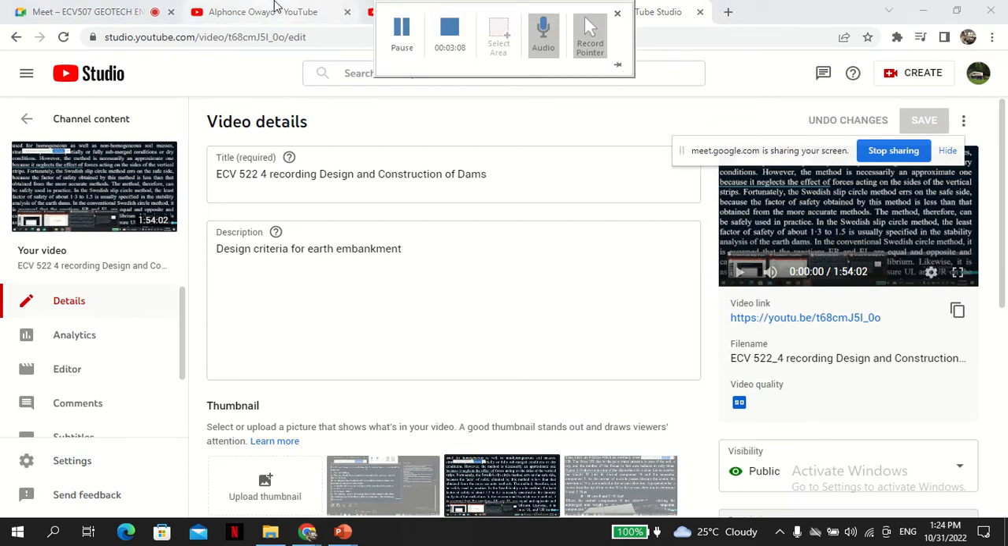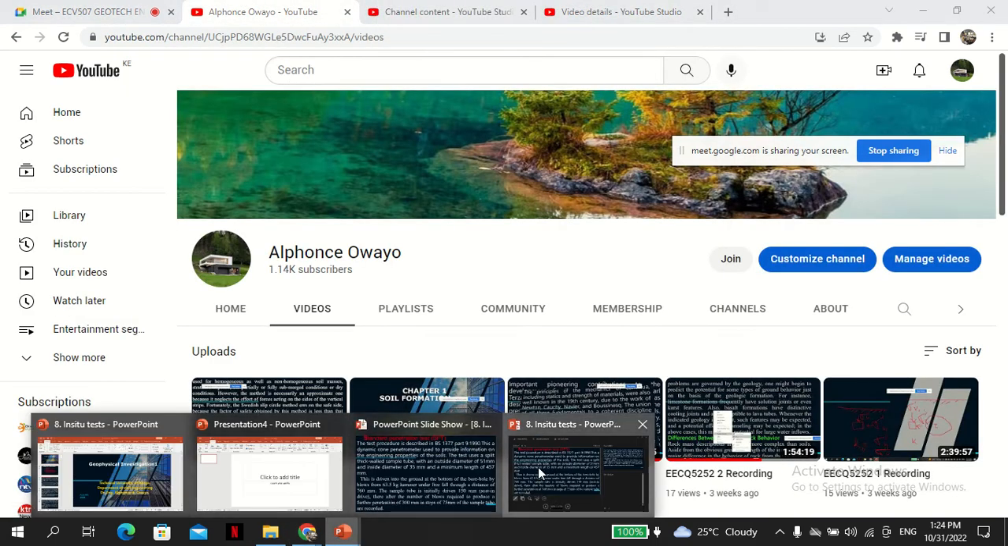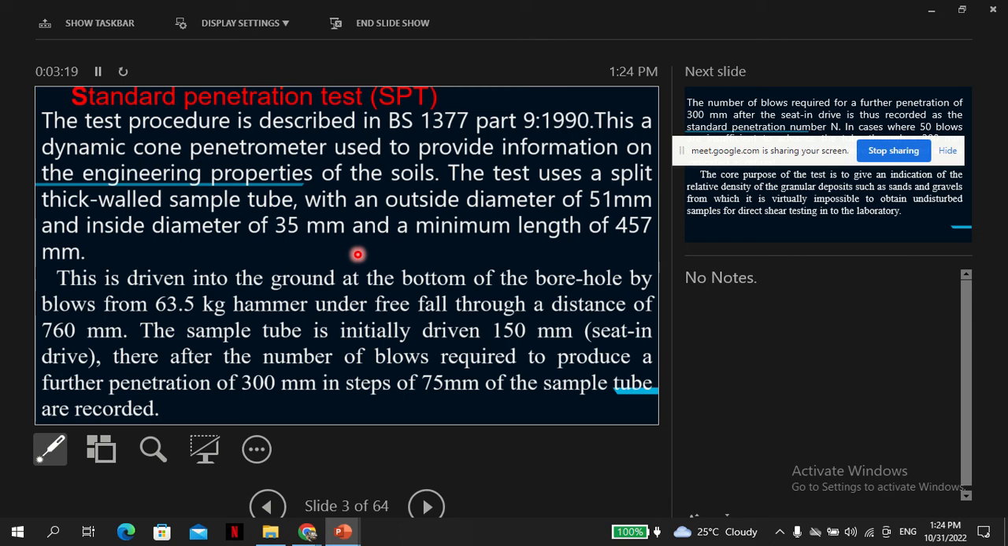So this is the test. The test uses a split